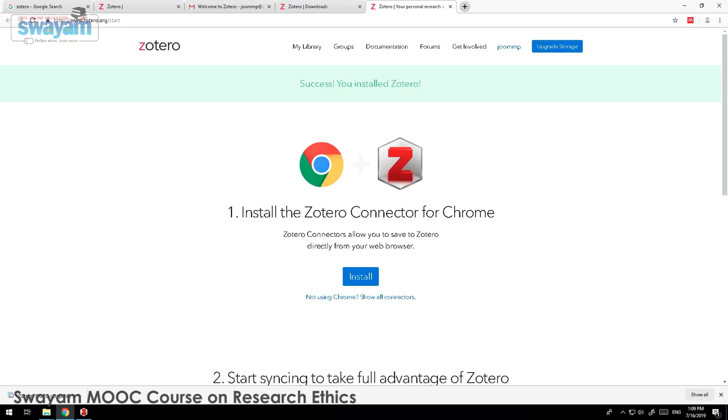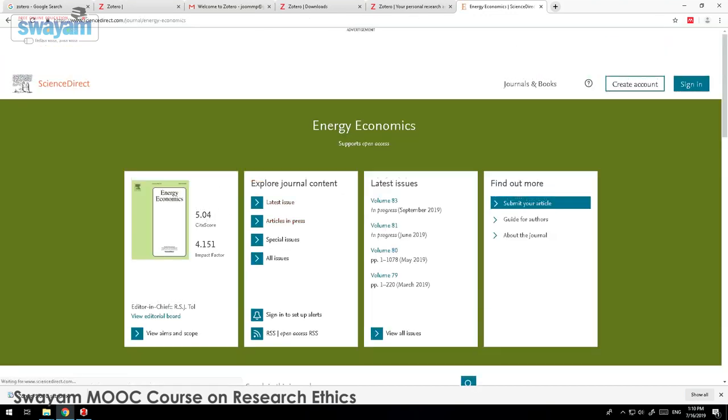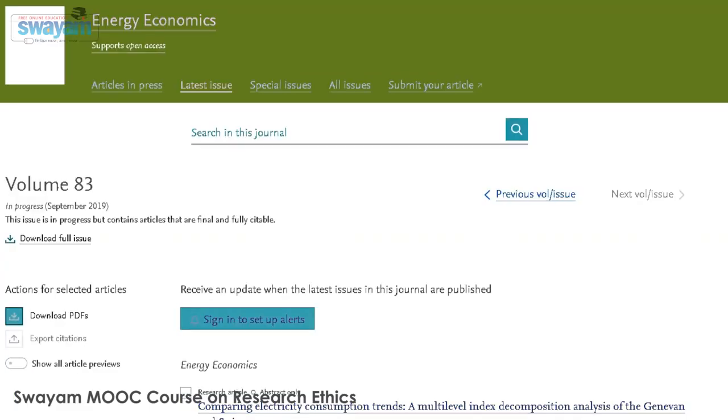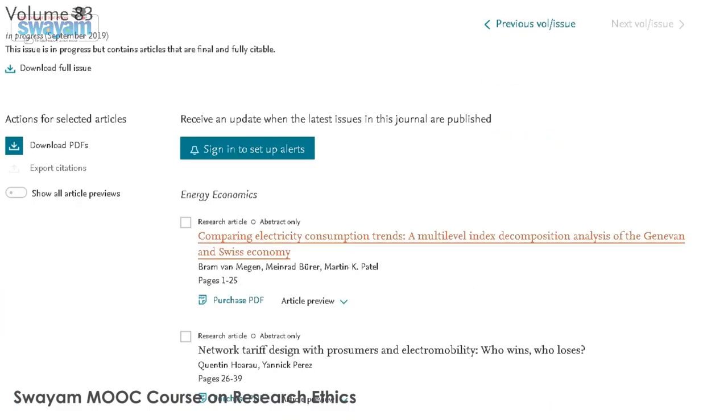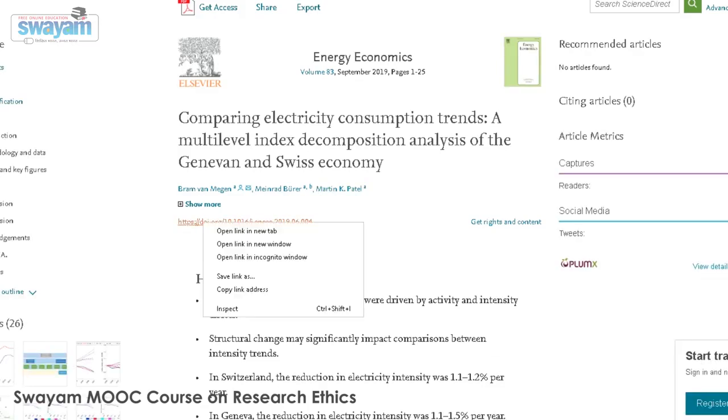Now we will try to download articles using digital object identifier. So first of all, we will go to some online journals account. So here I will choose Energy Economics Journal that is being published by Elsevier. So I'll click on the latest issue. You can see here, there I will be able to identify the DOI. Here you can see that DOI is available. I'll just copy this